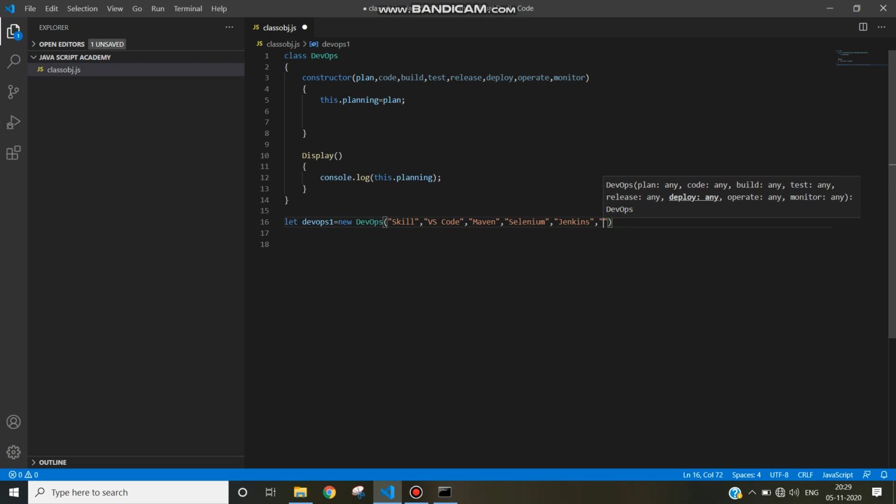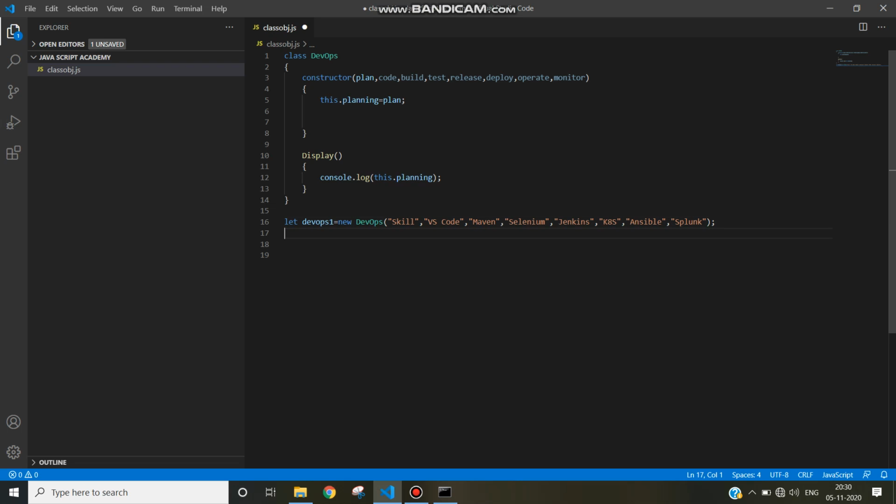To deploy, one can use Kubernetes, K8s, and for operation, say Ansible, and for monitoring purpose, one can use Splunk.